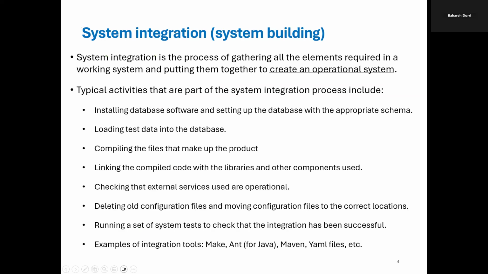Now let's talk about system integration. This is where everything comes together to form a working system. Think of it as assembling all the puzzle pieces, code, databases, configurations, and external services into one complete functioning product. The process usually starts by setting up your database. That means installing the necessary software, defining the schema, and loading in some test data so the system has something